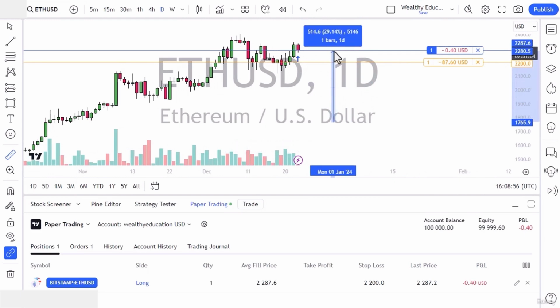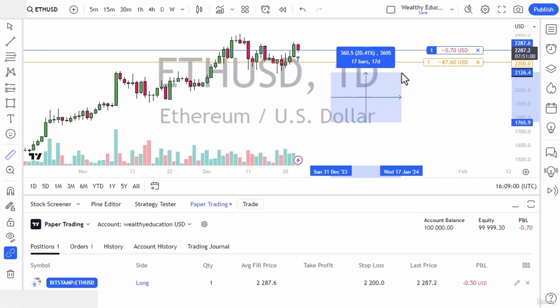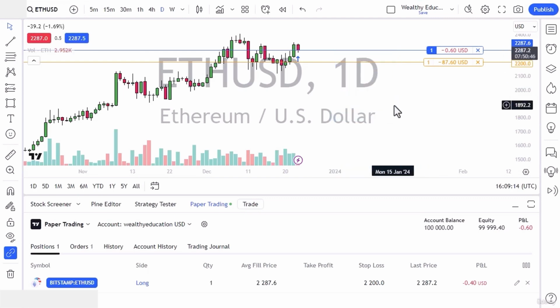It can measure how much of a gain you're talking, straight up or over time. So this would be 17 bars worth, so 17 days. 20% gain from bottom to top, right? So it just kind of gives you an idea of how